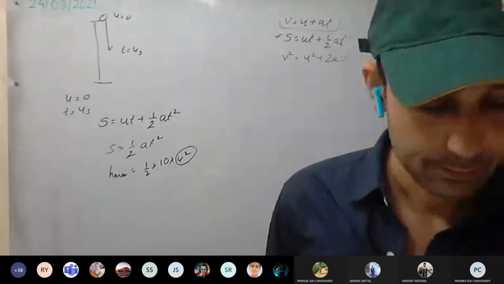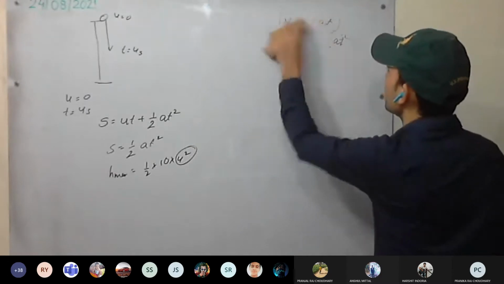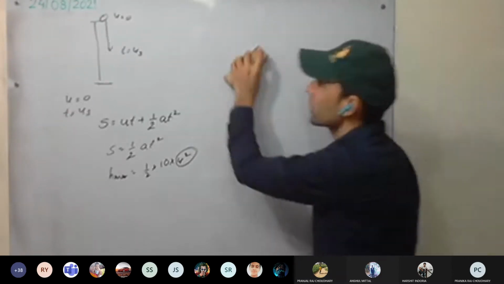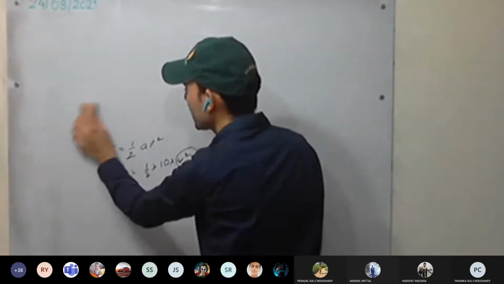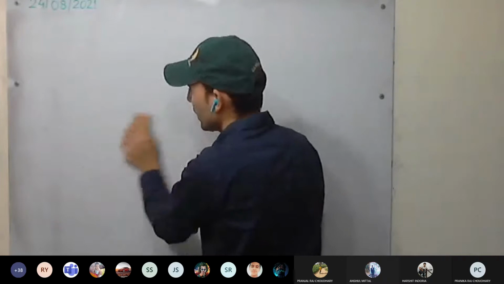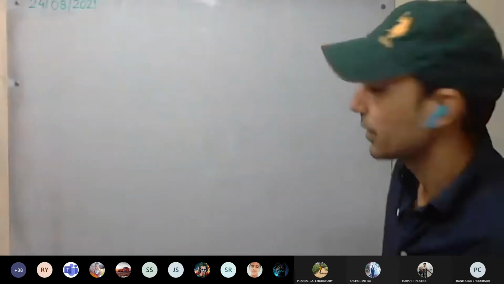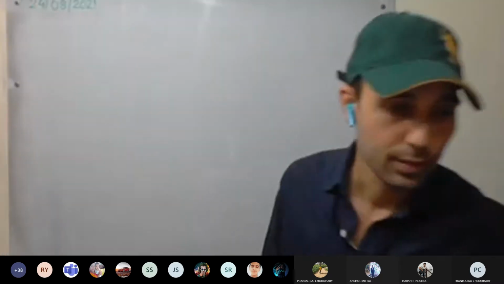Try 19. Completed this course. Try 19th. So see, these numericals are very easy. Only you have to know which formula you have to use. That's all. Try 19. Step by step, you can go.